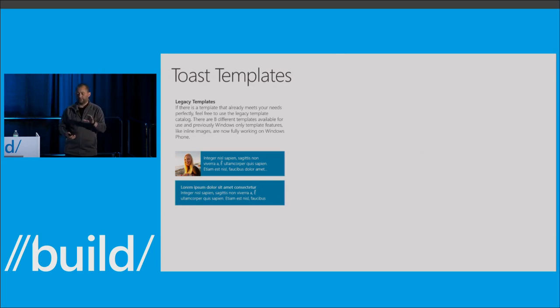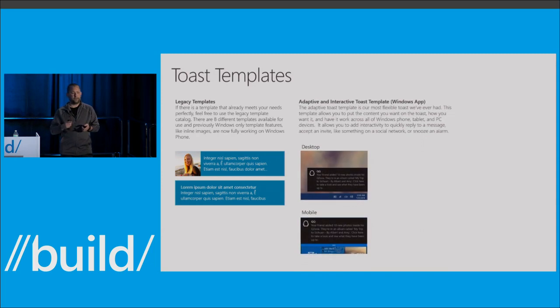There is some good news. If you noticed before in Windows Phone, if you used a Toast template that had images in it, we wouldn't show the image. It would work on desktop, but the image would just not be shown on phone. Now, if you send that notification to phone, the image will show up on a Windows 10 device. So there is some enhancements there. You'll be able to use Toast with images in the legacy payloads if you want to, and now at least the images will show up if you've got that scenario.